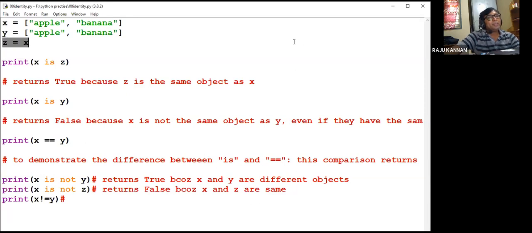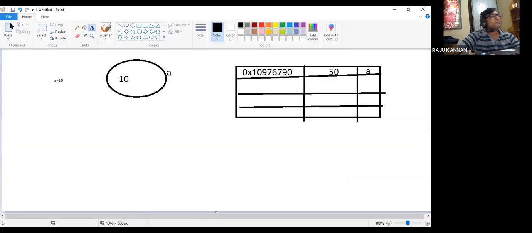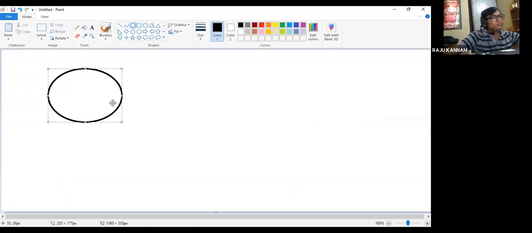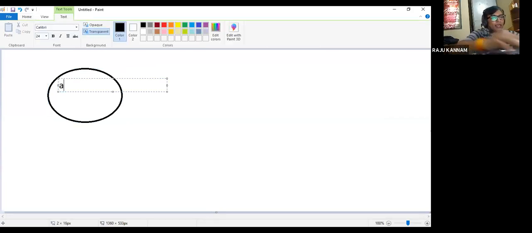So now the meaning is, I'm taking one variable, that means some location. The operating system is assigning some location. There we are storing apple and banana.